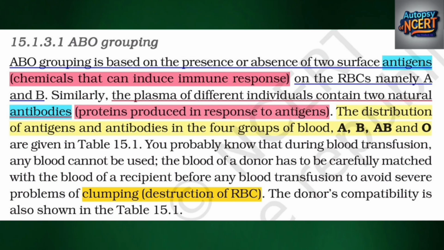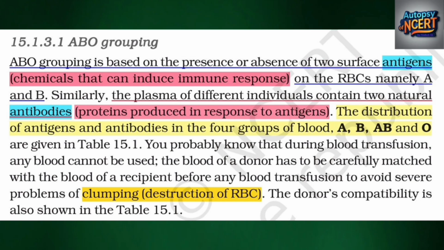15.1.3.1 ABO grouping. ABO grouping is based on the presence or absence of two surface antigens, chemicals that can induce immune response, on the RBCs, namely A and B. Similarly, the plasma of different individuals contain two natural antibodies, proteins produced in response to antigens. The distribution of antigens and antibodies in the four groups of blood, A, B, AB and O, are given in